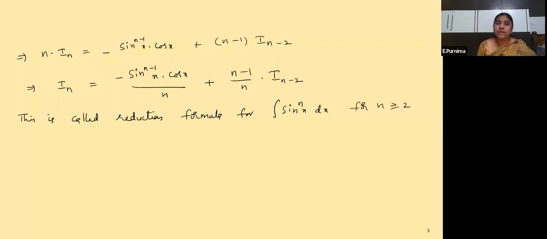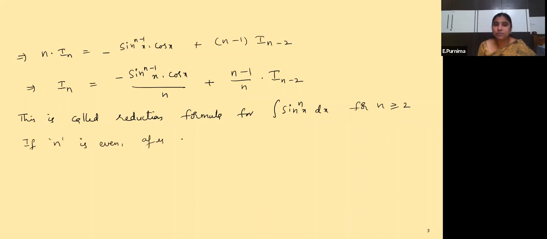Suppose here n is greater than or equal to 2 means n can start from 2 onwards. Means it can be sine square x, it can be sine cube x, it can be sine power 4x, and so on. So that means what? N value can be 2, 3, 4, 5, 6, 7, and so on. So you may have an odd number, you may have an even number for n, yes or not? So if n is even or if n is odd, then what can you get in the last step? If n is even, then what happens?